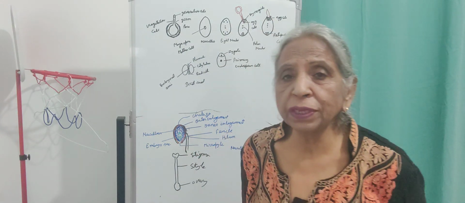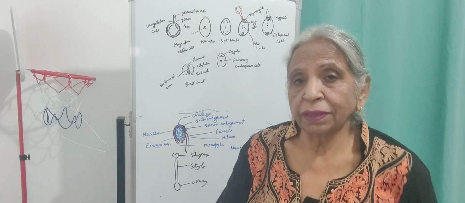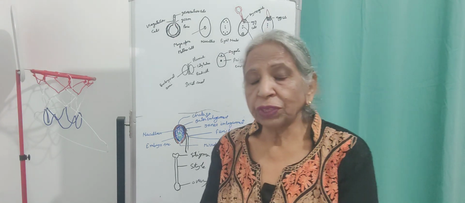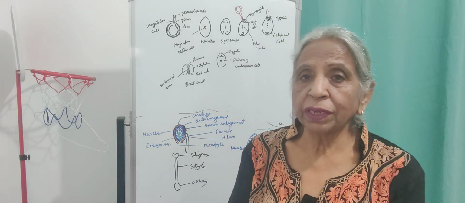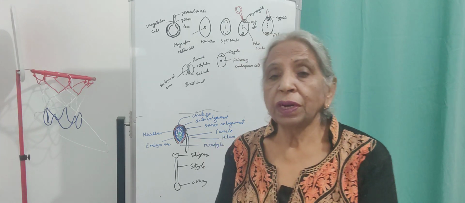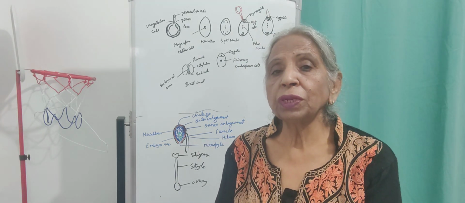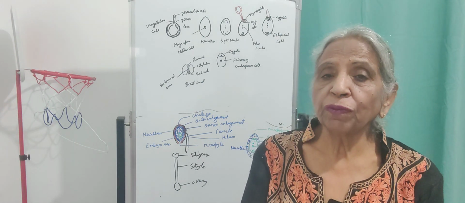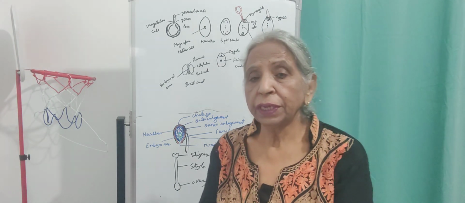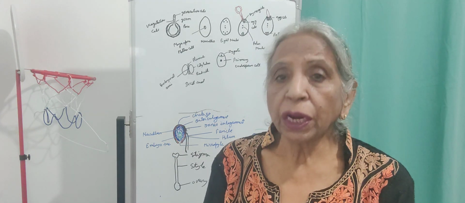So how are these pollen grains carried to the stigma of the female flower, the stigma of the pistil? The transference of pollen grains to the stigma of the female flower is called pollination. Depending upon its source, pollination is of three types: autogamy,